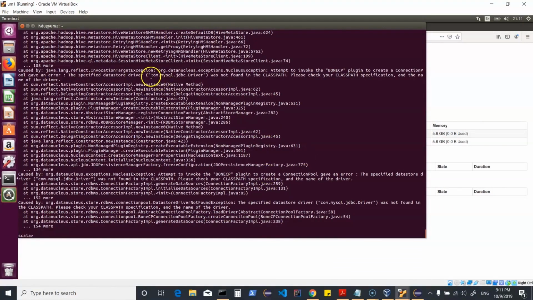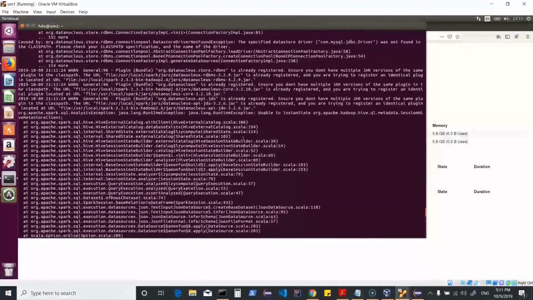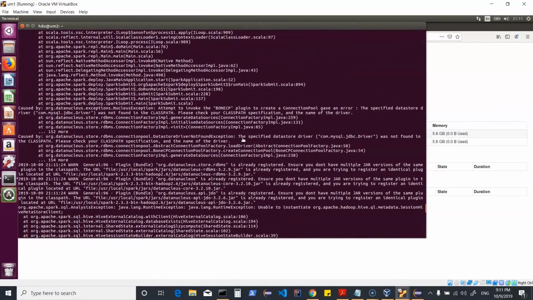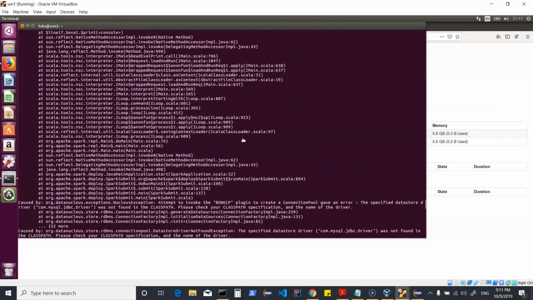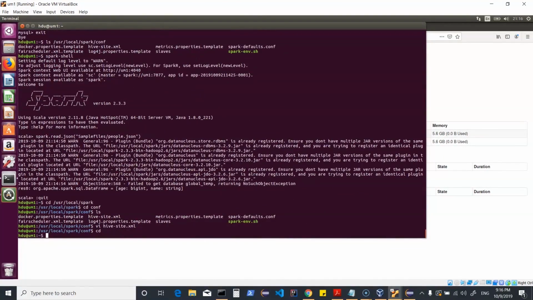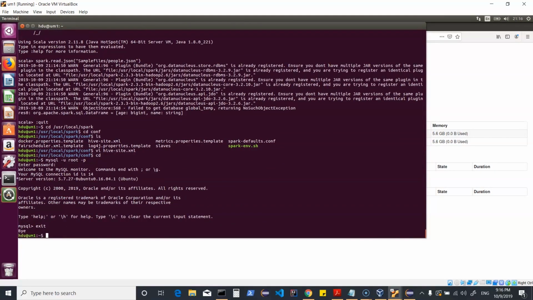Now if you see here, it is pointing to a driver issue, basically saying it is not able to reach MySQL or the Metastore. So by default, Spark also expects that it can connect to your Metastore which is being used by Hive. So now I'm on my right machine, UM1, where I have my MySQL installed, which I just checked by testing, and which is being pointed to within the Spark conf by the hive-site file.